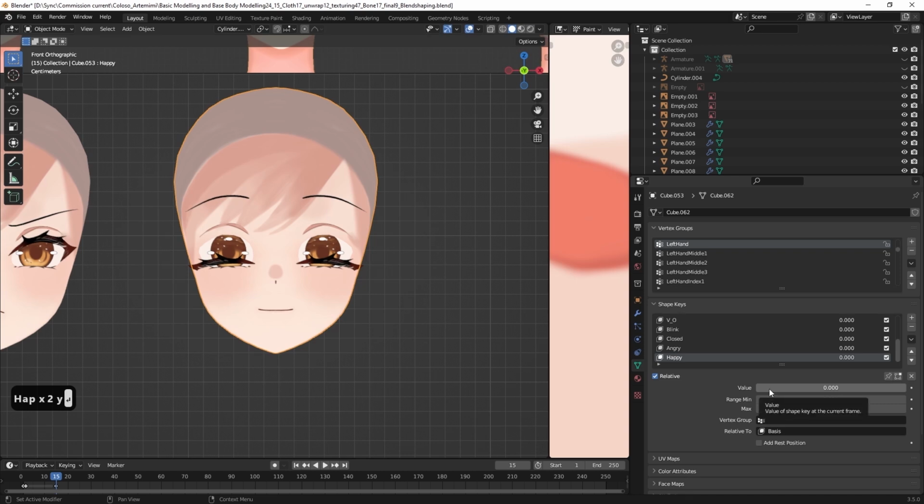Right now, every time we make it into one, it will have a mouth and the eye automatically.